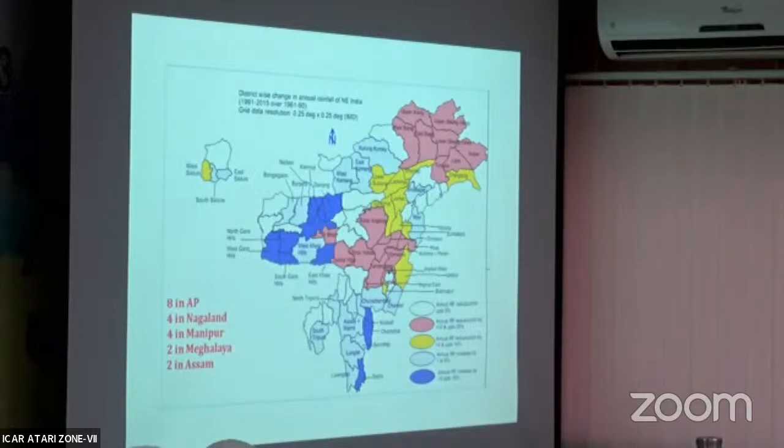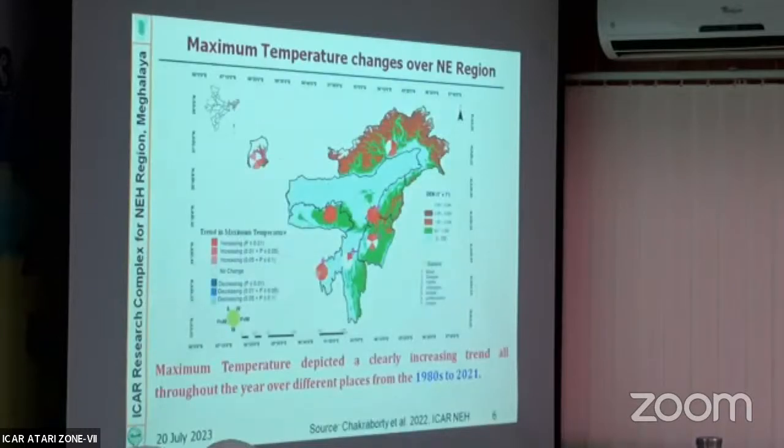After that, we have also seen the trend in maximum temperature change, a recent one, from 1980 to 2021. You can see the significant increase in Meghalaya, all red. We have taken point data from 7 locations: Basar, Gangtok, Imphal, Janapani, Kolasip, Rambuchara, and Umiao. Every year you can see the maximum temperature is increasing. The trend is increasing, a significant increase.